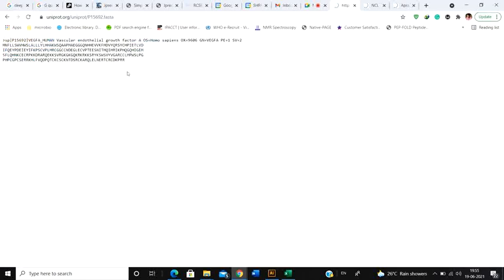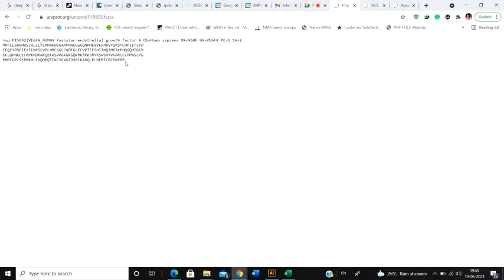So what is FASTA format? The FASTA format, as you can see, starts with a greater than sign, and then you simply name your protein. All you have to do is get the name of the protein, and from the next line you have the one letter code of your protein. So this is the FASTA format. Sometimes the FASTA format is required, so you have to copy everything, or sometimes only the sequence is required, so you have to copy this.